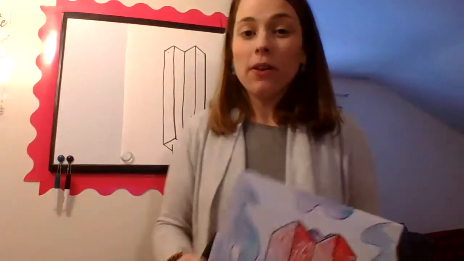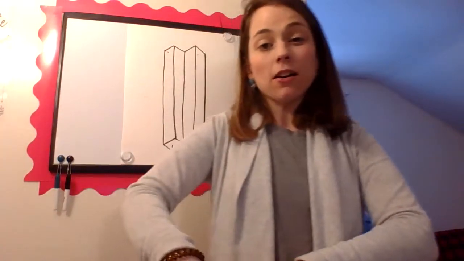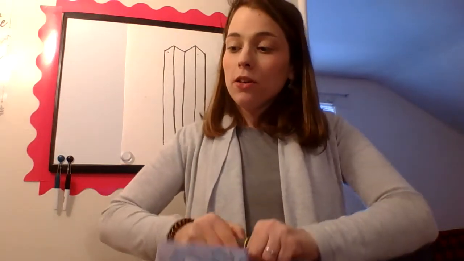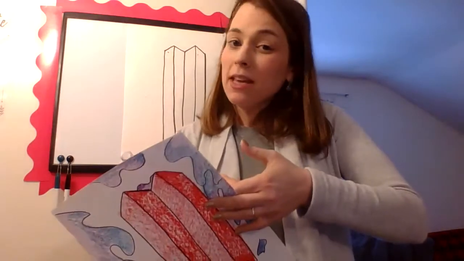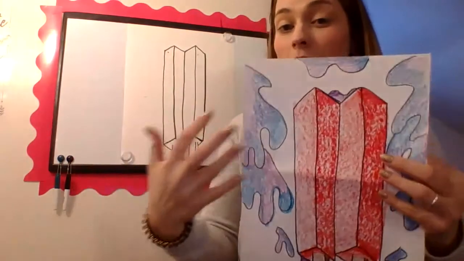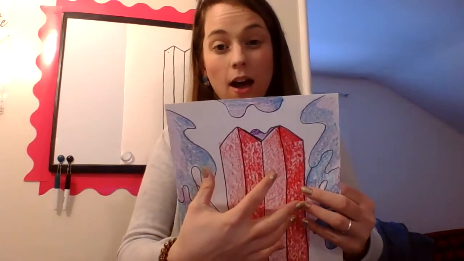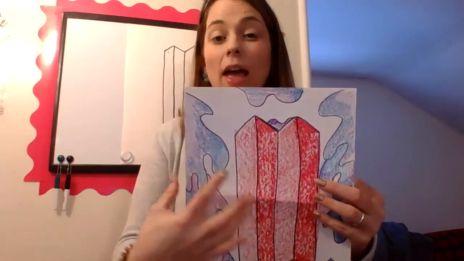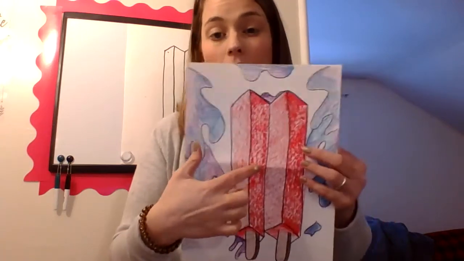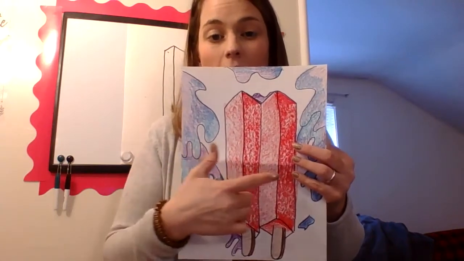What we talked about in the other classes is how do you make a color dark with a crayon. You want to push hard on it. So with a 3D form, to make it look even more 3D in art, not only can we draw the shapes a certain way, but we can also add some highlights and shadows. So one end of our popsicle is going to be the shadows, and the other ends are going to be